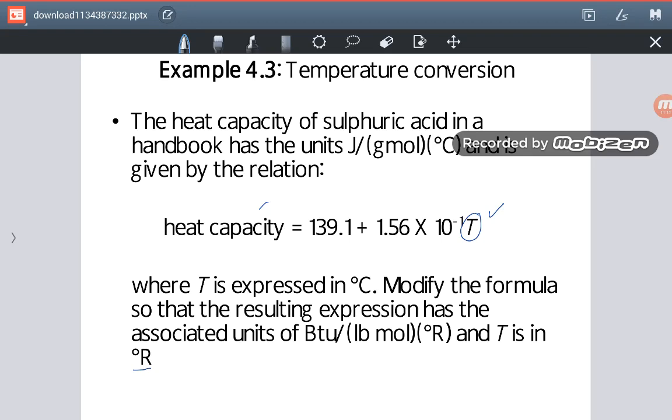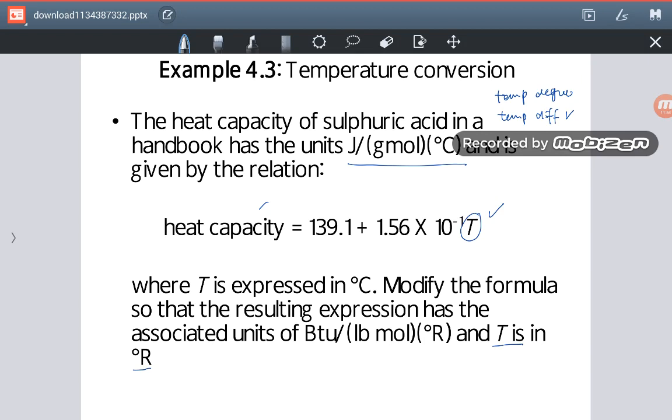Okay, so now we try to understand the question first, whether this is a temperature degree or a temperature difference. What do you think? As I said before, it's something to do with a lot of units, multiple units here. It should be something related to temperature difference. However, if we look back into the question here, it is also asking that T is in Rankine. So what we need to do